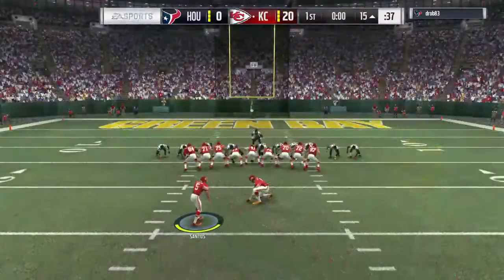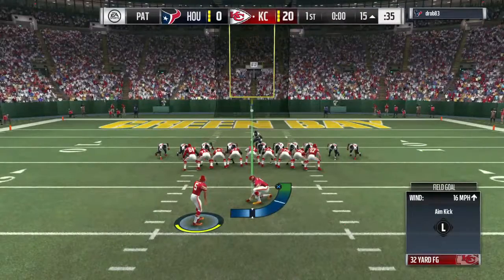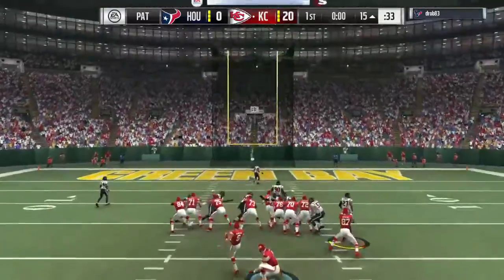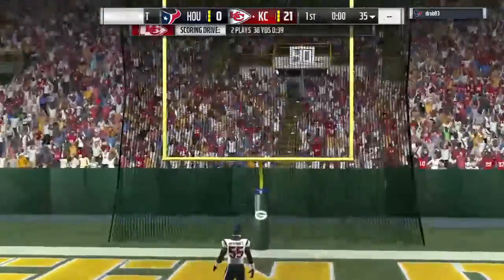Well, Brandon, if we go back to our meeting with the offensive coordinator, he showed us his script. Didn't show us everything now. He said, here's the script for the game. I think everything's going according to...